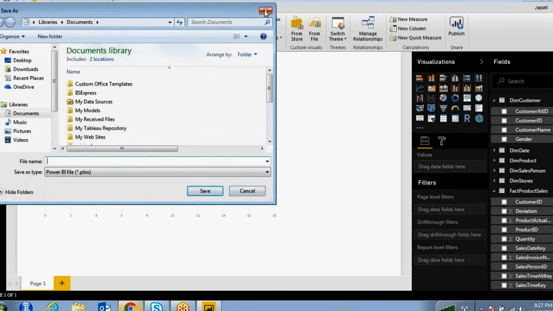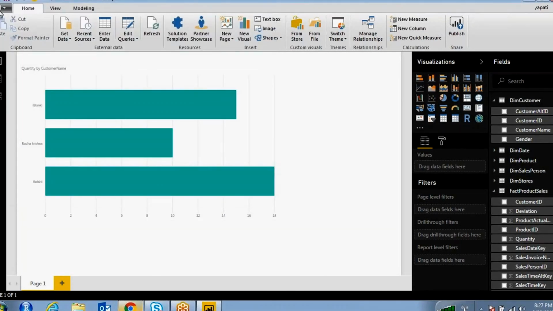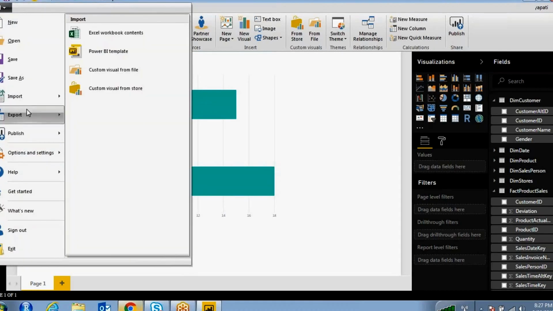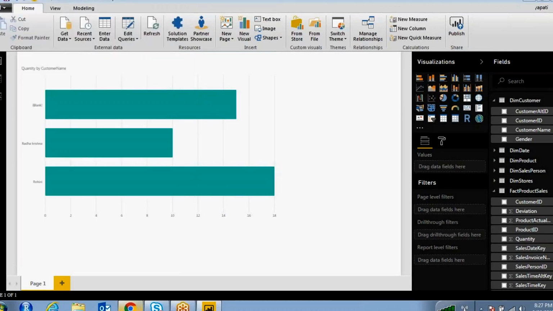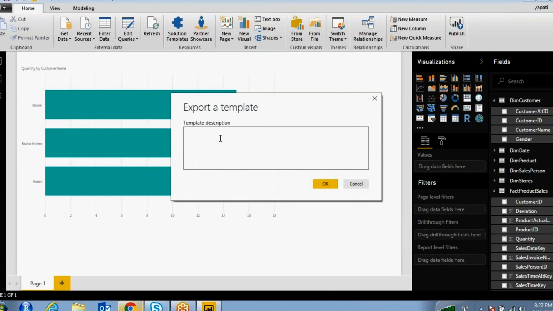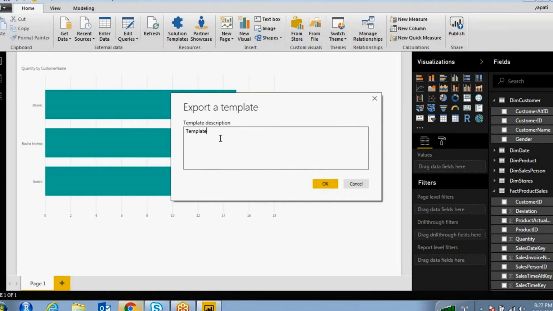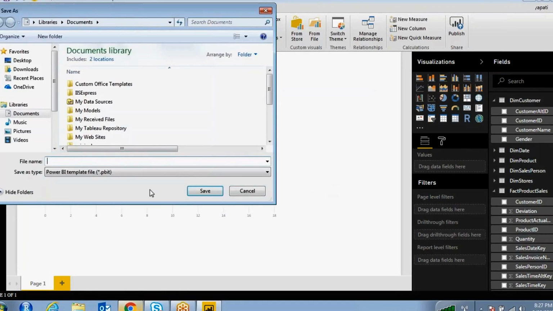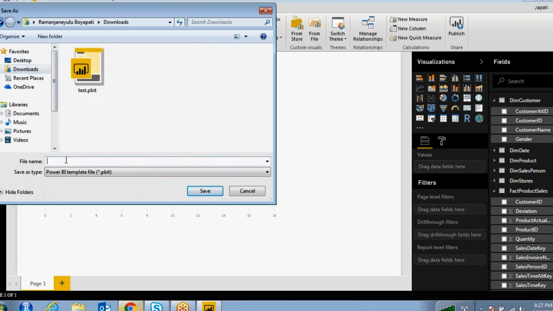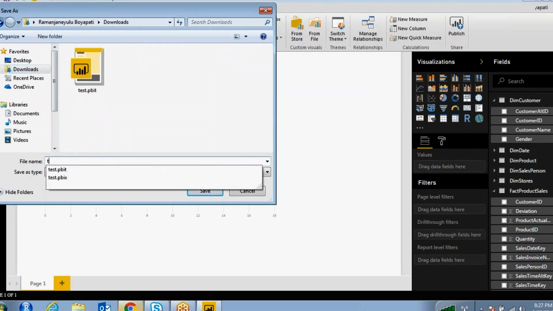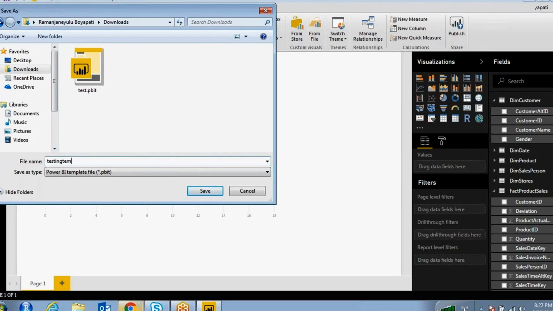I don't want to save this as a PBIX file, I want to export it as a Power BI template. What name do you want to give this template? This is a template. Click OK. Where do you want to save? I want to save under Downloads, testing template.